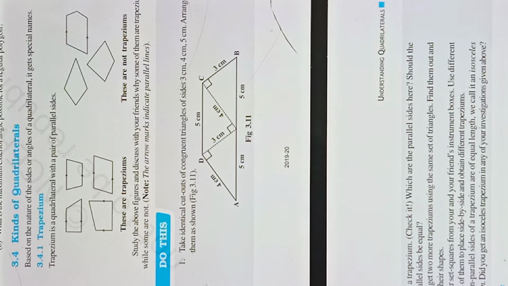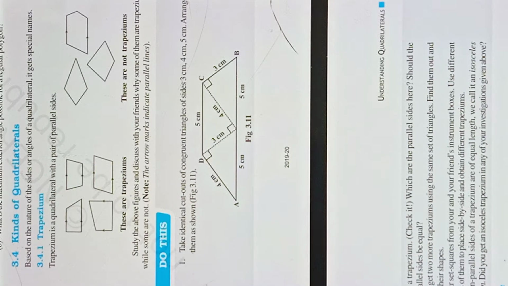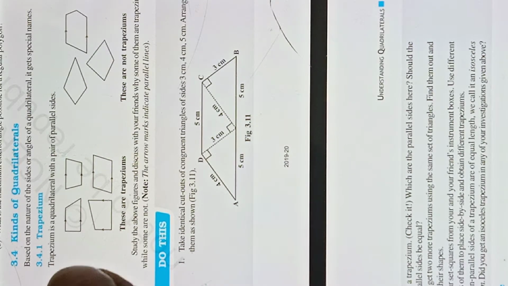Which kinds of quadrilateral is next, what we have to see now. First they have mentioned here a trapezium. They've shown you figures here, children. Okay, figure of a trapezium. So what do you observe in a trapezium? You have one of the opposite pairs as parallel. They've shown you here that in this, these two lines are parallel. In this one, these two lines are parallel. Here, these two lines are parallel.